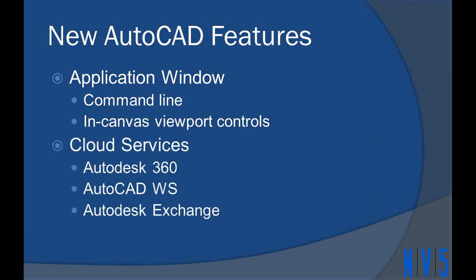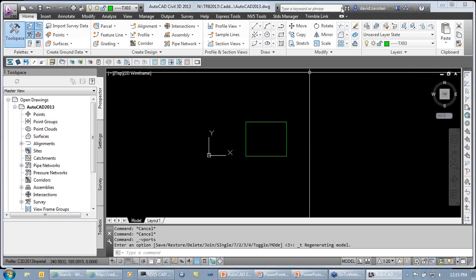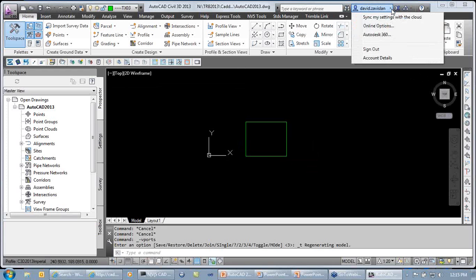All right, other new features you're going to see in 13 are what are called cloud services. And that's all done through your toolbar here. They have a thing called Autodesk 360. I'm already logged in. You can create an account. If I were to sign out, we can create an account here so that you can create your own Autodesk 360 website. It's done through our serial numbers and our subscription, and you will get an Autodesk 360